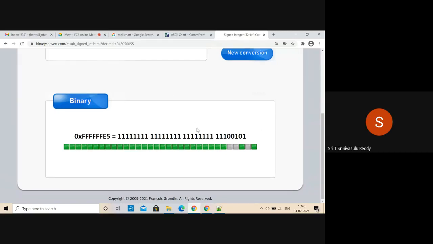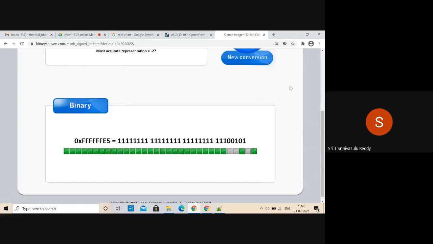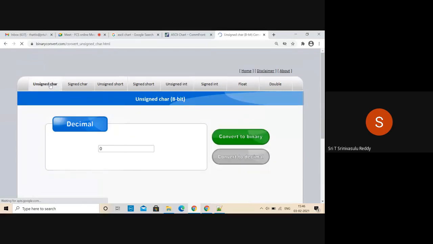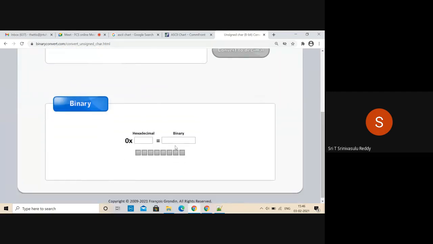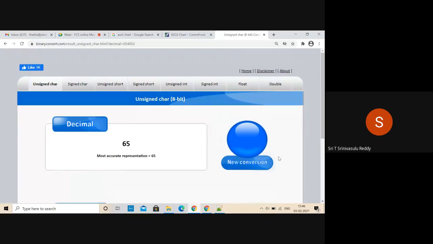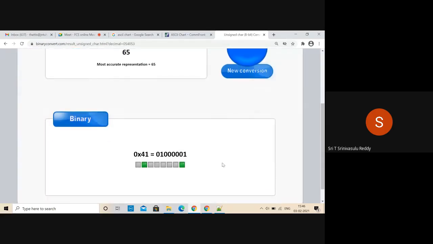All right. So this is how you can easily understand. For example, characters also you can easily see here. For example, unsigned characters or signed characters, it doesn't matter here. Here he is not giving you the corresponding character and all that. He only gives the number and the corresponding binary form. For example, 65 decimal is a capital A, and you ask it to convert to binary. So it is actually a simple decimal to binary representation.